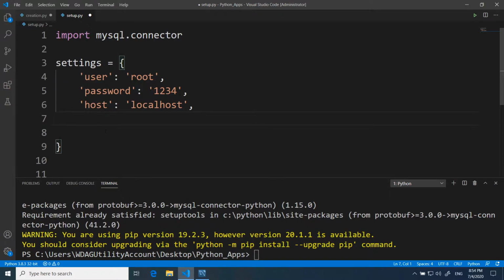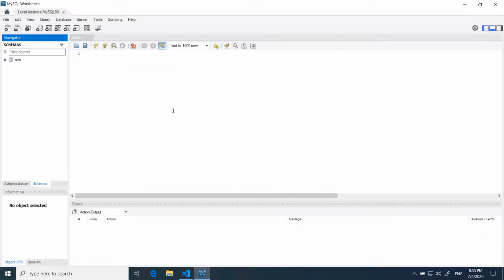So once we've got the settings, that's fine. Then the next thing I want to show you as well, we're gonna go through MySQL for a little bit. This is MySQL Workbench, which we installed, as I said in the previous video. In here, we're gonna have the databases. In this case, we just have